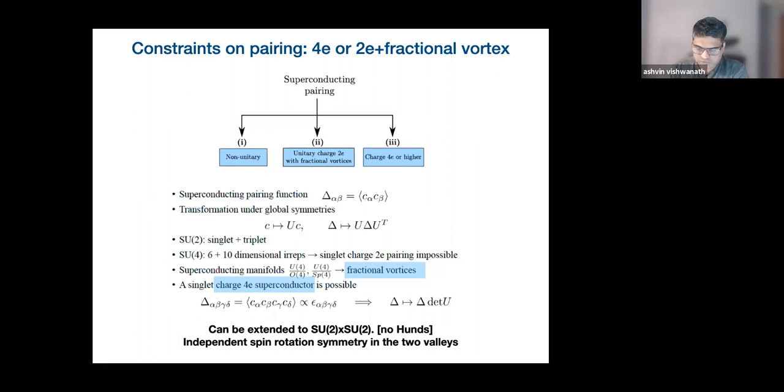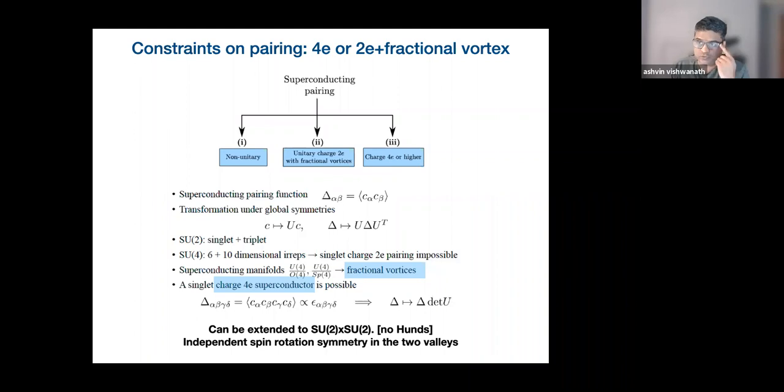Okay, so those kind of fine arguments are made in the paper, but maybe the simple statement to take away is that whenever you have this flavor symmetry, this enlarged symmetry coming from valley degree of freedom, you should be aware that these are very likely options, at least from the symmetry point of view. Okay, so we'd of course like to see this within a microscopic theory.